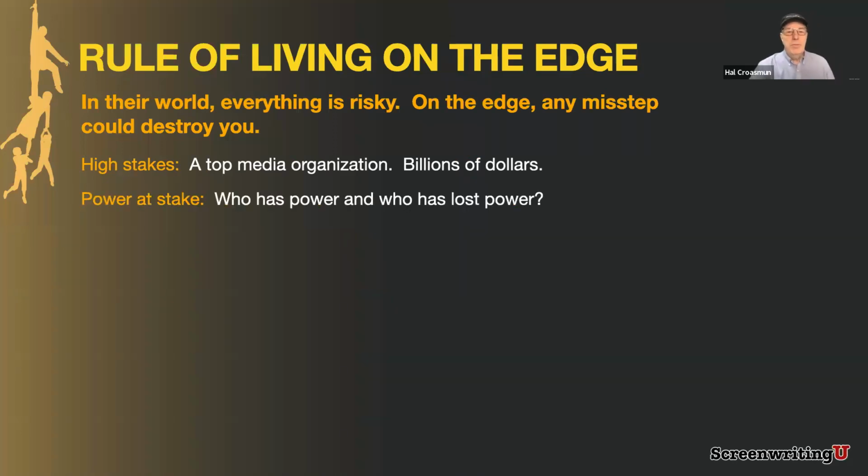Then there's power at stake. Who has the power? Who has lost the power? If you look at the relationship between Logan and his 3 kids here, the 4th kid, by the way, the oldest one, Connor, who ran for president, he lost the power a long time ago. He was hoping that he'd do this big run for president thing and somehow get back into his dad's good graces, and he once again completely blew it. But we are constantly looking at who does have the power and who doesn't in the midst of this.